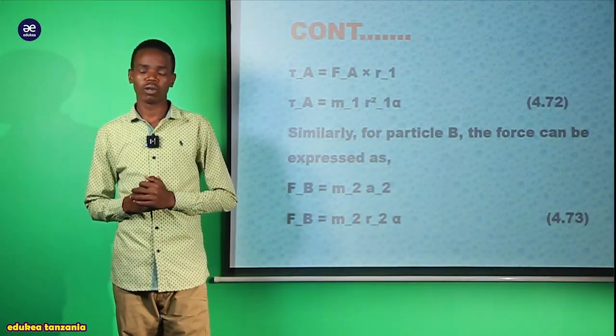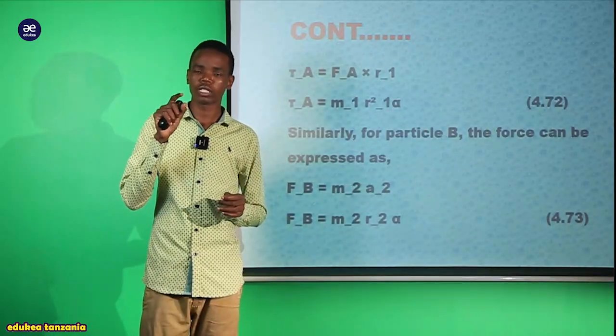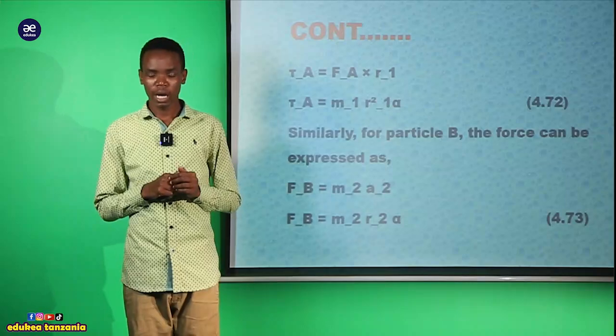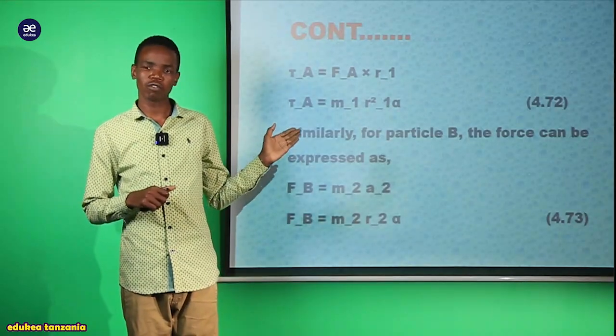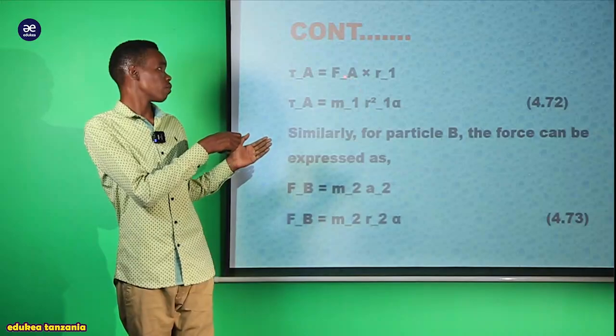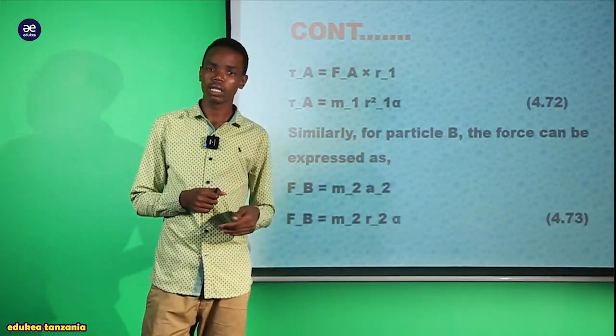That is the formula to get the torque along point A: force A multiplied by R1. But we have explained the formula of this force A, which is equal to m1 r1 times